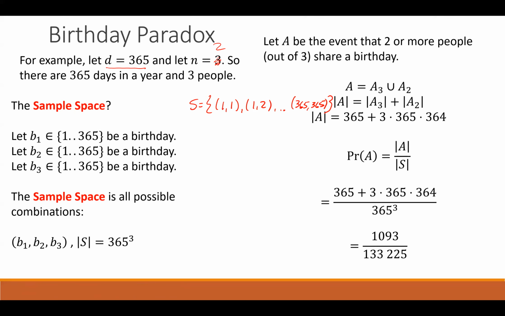Okay, counting my sample space is 365 squared. Now I remember I did that on the slides that I skipped earlier, but that's okay. So the size of my sample space for n equals 2 is 365 squared. The size of my event A, that 2 people share the same birthday,